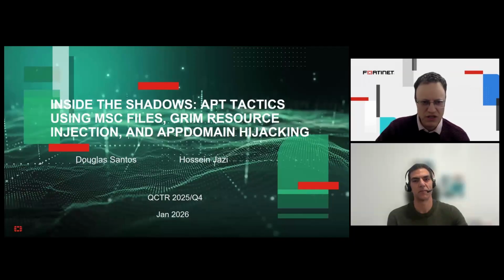And today we're going to be exploring some of the research we have been doing over the past year and a half or so, where we identify threat actors leveraging legitimate Windows tools and subsystems to achieve initial access and execution on organizations. And for me, looking at this, it's surprising to see how